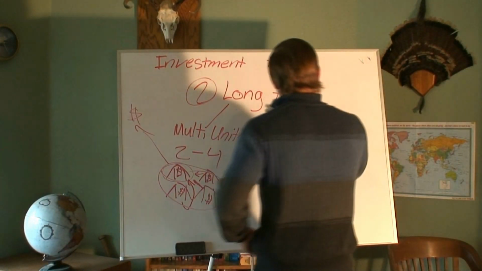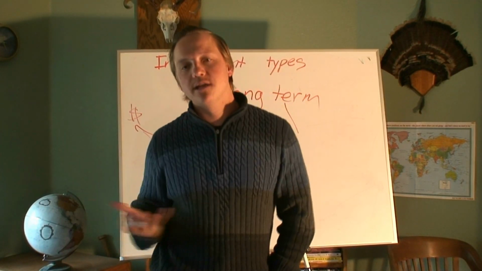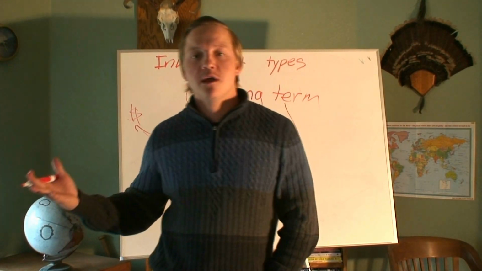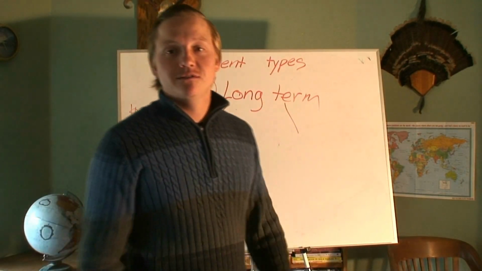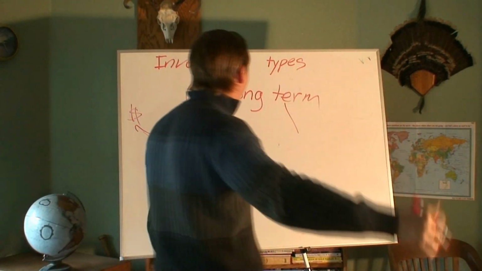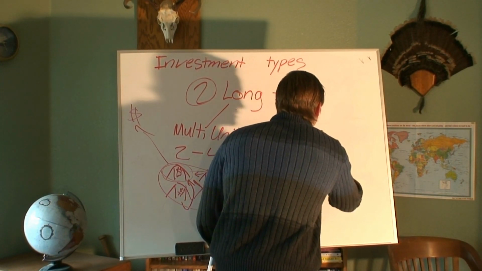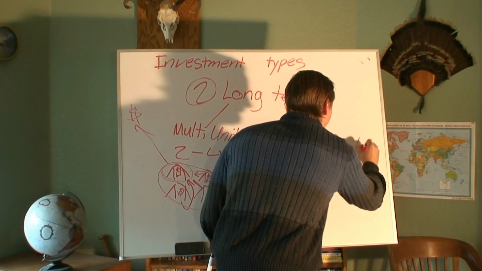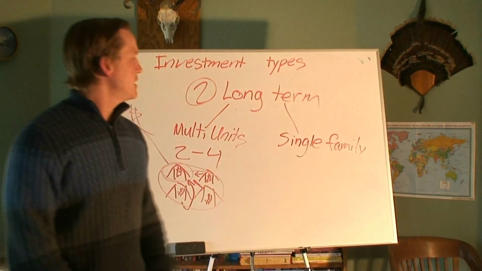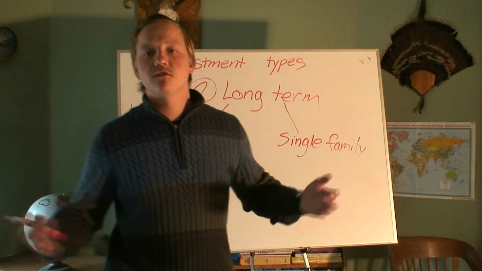So the next option is, say you heard that and you're like, well shoot, I do have a family. I got a couple kids and a dog and maybe a cat. Now you're like, well, what do I do? Okay, well next we got single family home, okay? So say you buy a 3-bedroom, 2-bath, single family home,